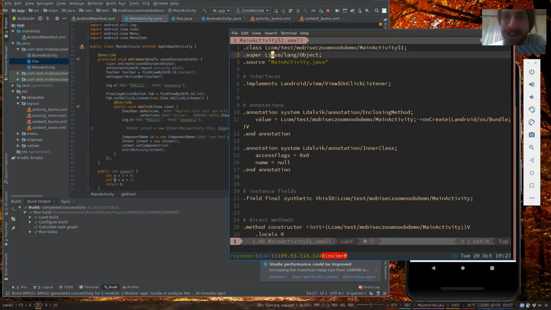First of all, it extends the object. Okay, object is the parent class of every class in Java. So if you don't extend anything, you always extend from object. And look at this, bam, implements view on click listener. Two interesting things here. The first one is that